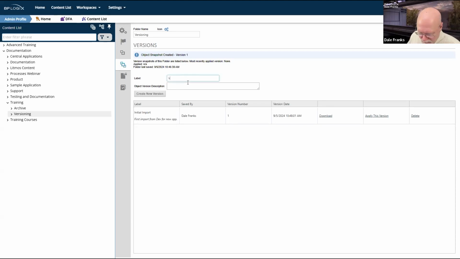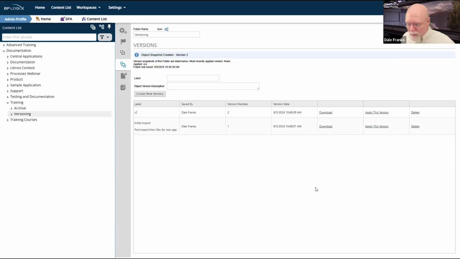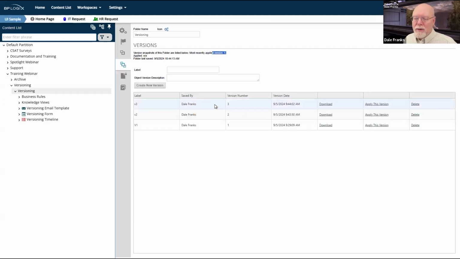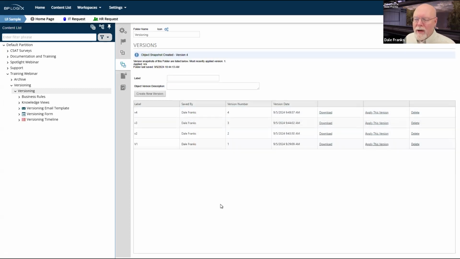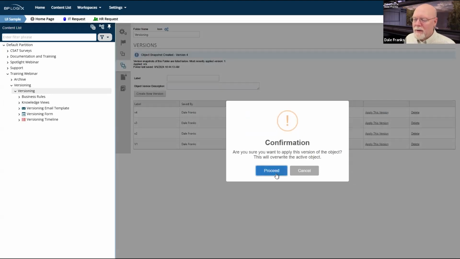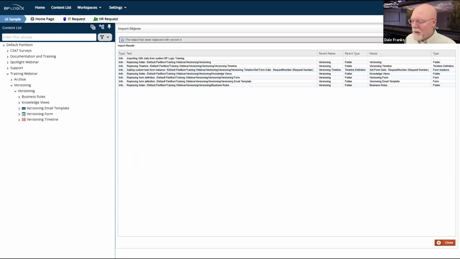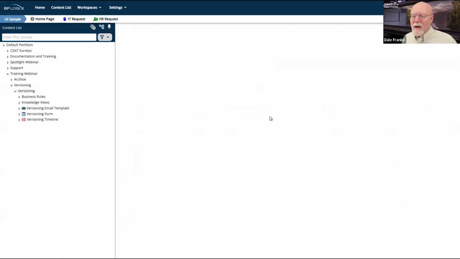Generally, you wouldn't do this, but I'm going to just create a V2 just for general purposes. And now I've got a version 2 of this server. So we're going to hit OK. We're going to save that. We're going to go back to my production server. And I'm going to create a new version here. So we'll go with V4. We'll create a new version. There's my version. And we'll ensure that we apply V4 there. Great. So V4 is now officially applied.